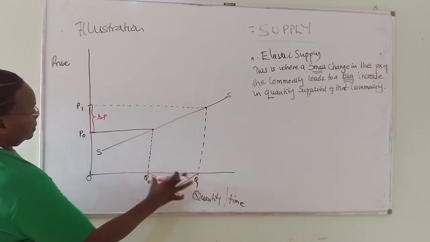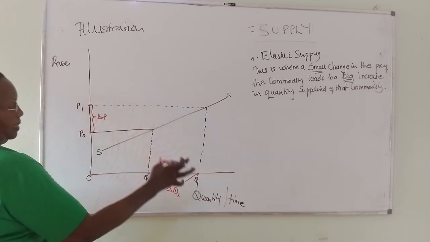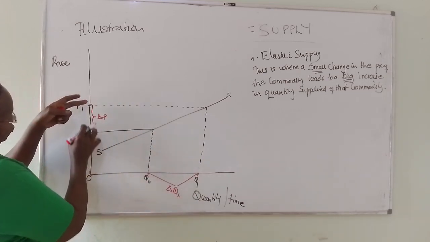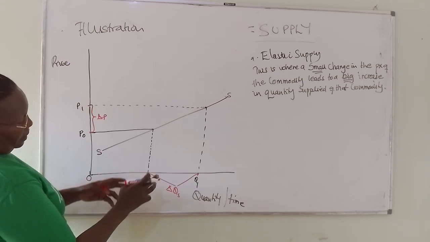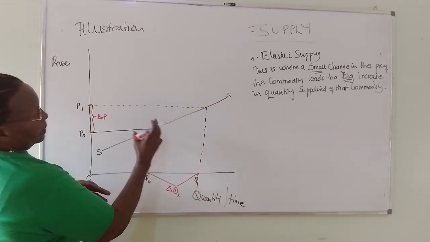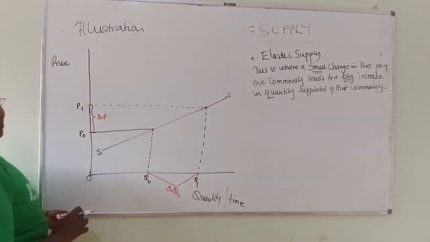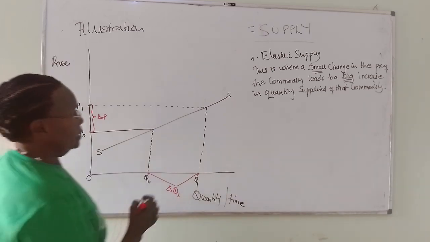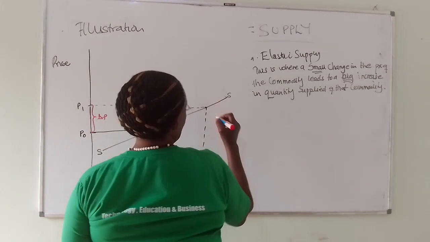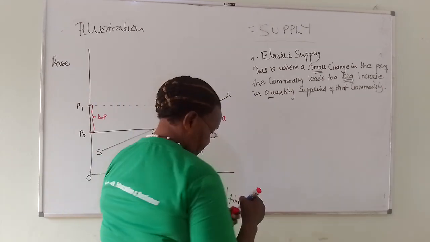If you measure, this change in price is smaller than this one. You introduce a small increase in the price, and suppliers respond by increasing the quantity supplied of that commodity. So here we say that supply is elastic, and